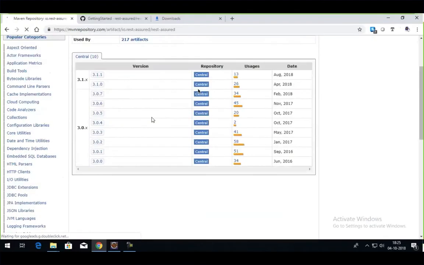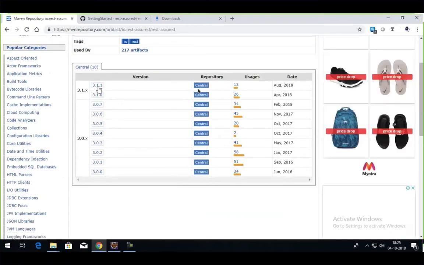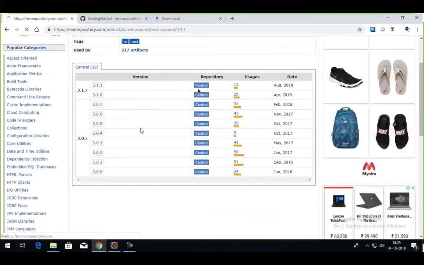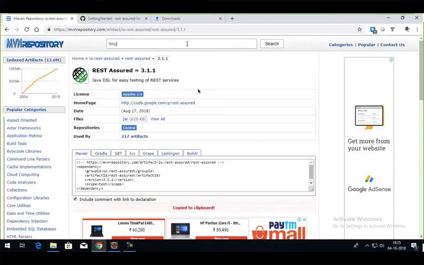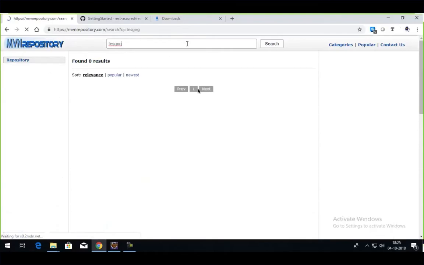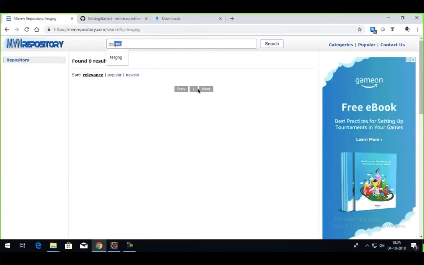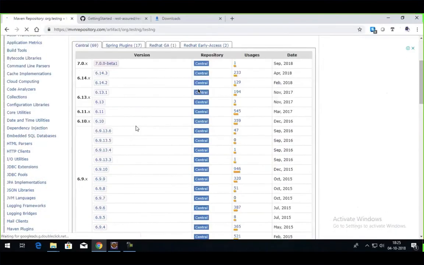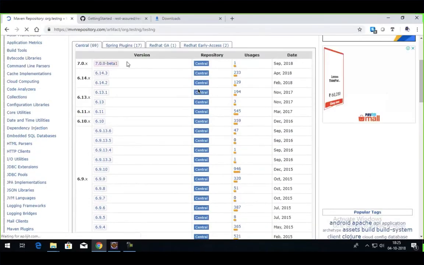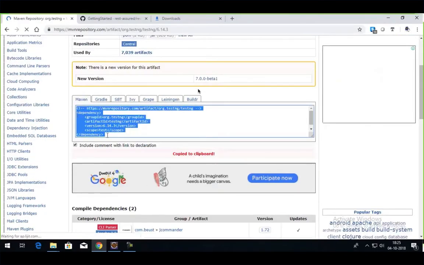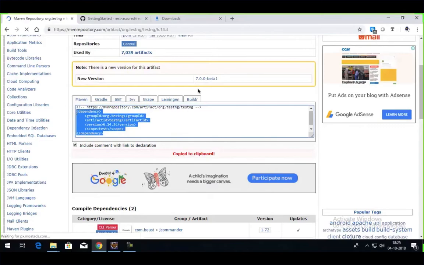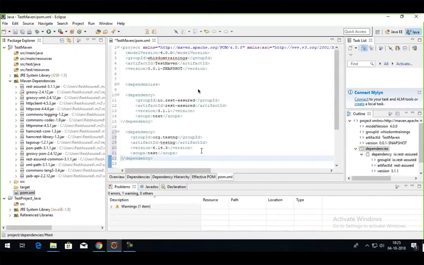you will see the section and it has all the versions. You see 3.1 is the newest one. If I click here, you will get the dependency. Like in the last module, we manually added the TestNG jars. So if I search for TestNG, I'll get the option and all the versions are present, even the beta version. If I click on the stable one, all I have to do is copy this dependency from here, go inside your project, put it here, and save the file.